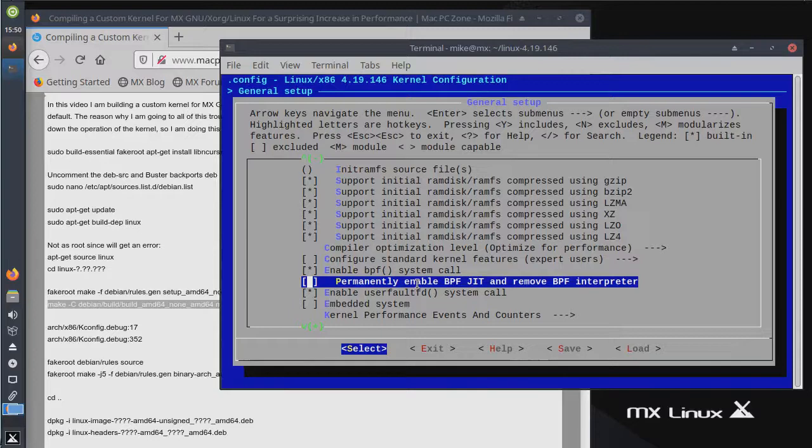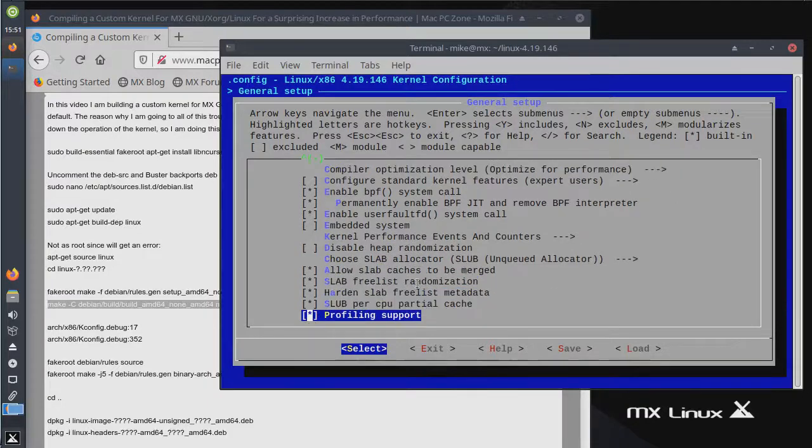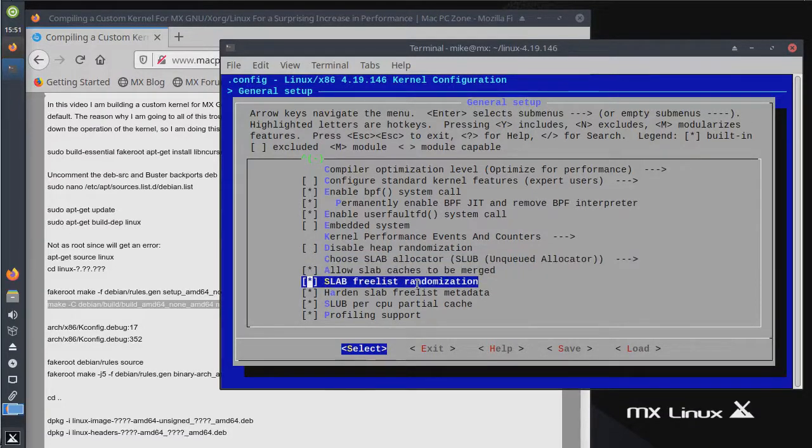So I don't think this makes any difference. Right, and yeah, so slub is good. Harden, so I don't think we want that. And I'll get rid of